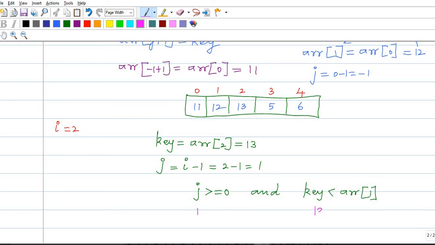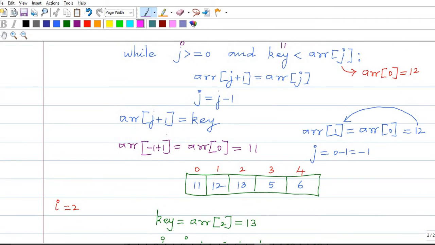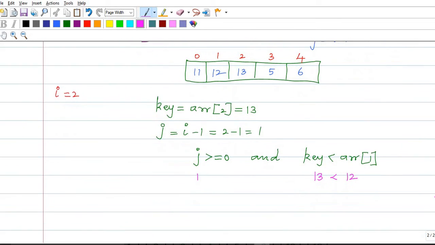Key value is 13, arr[1] is 12. 13 less than 12, the condition fails, so it does not enter into the while loop. Finally the last line, arr[j+1] is equal to key. j is 1, 1 plus 1 is 2, that is equal to key which is 13. Earlier arr[2] was 13, now also it's 13, so no change.